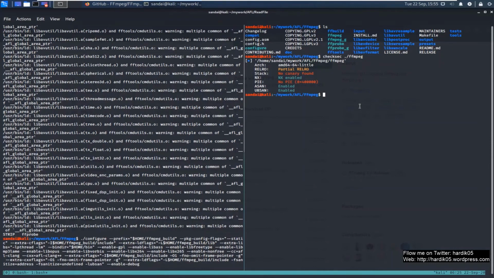But since it's a demo, I'm just going to show it with one file. I have already downloaded and saved that file in the input folder inside my FFmpeg folder, as you can see over here.